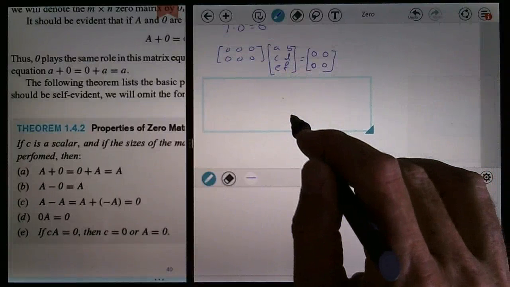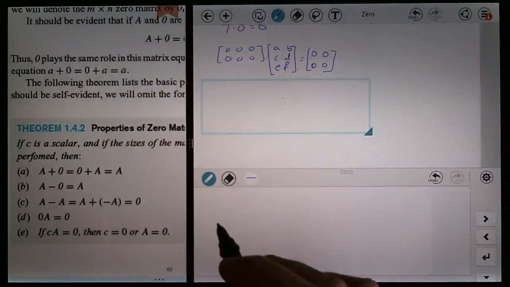Slide up a little bit here. Is that obvious? Well, let's see. If you have